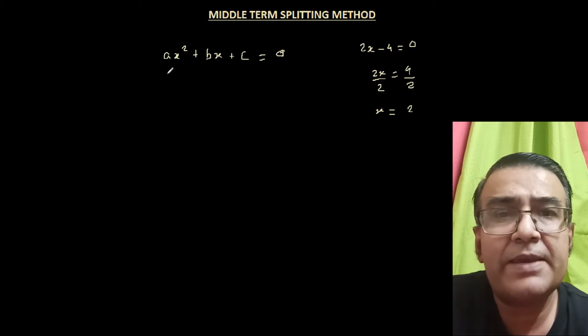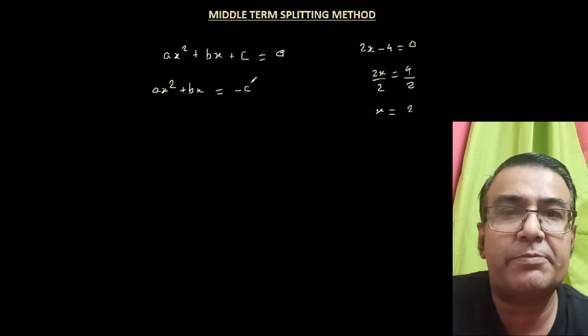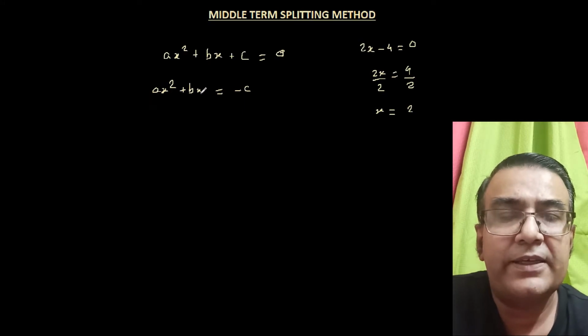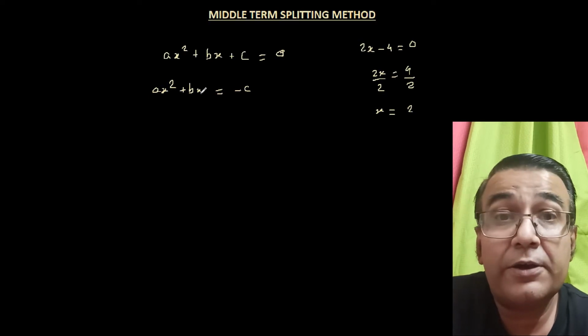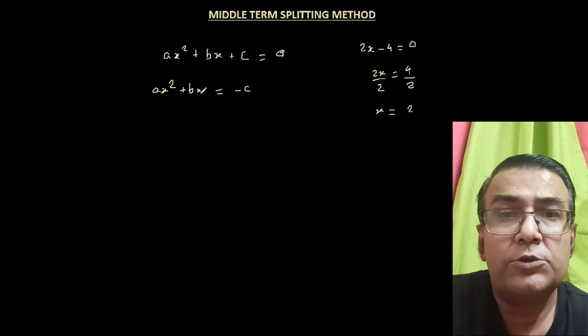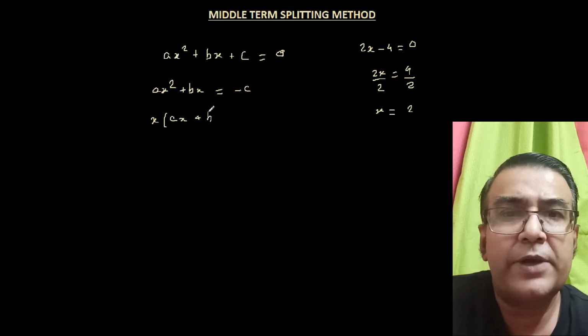Now if we apply the same thing to this quadratic equation, we keep the variables on one side and take the constant term c to the other side, so that becomes ax square plus bx is equal to minus c. Now what can we do after that? It is not clear how to find the value of x now. At the most I can factorize it, so I can take x as common. So x times, and inside the bracket I'll be left with ax plus b. So x times ax plus b should be equal to minus c.